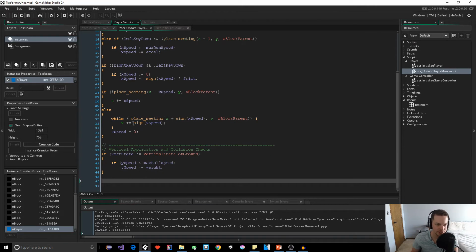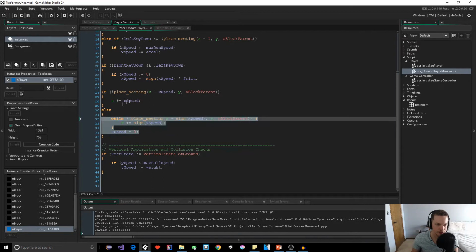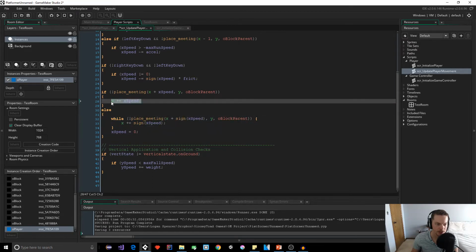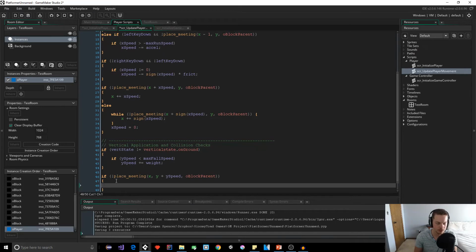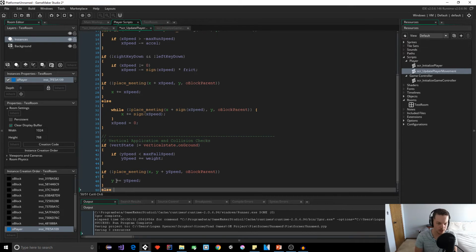Okay, and now we need to do the same thing here where we applied, see how we apply our x speed to our x, we need to apply our y speed to our y. So we do the same thing: if not place meeting x, y plus y speed, block parents, then we do y plus equal y speed. Or else, if there is a place meeting,